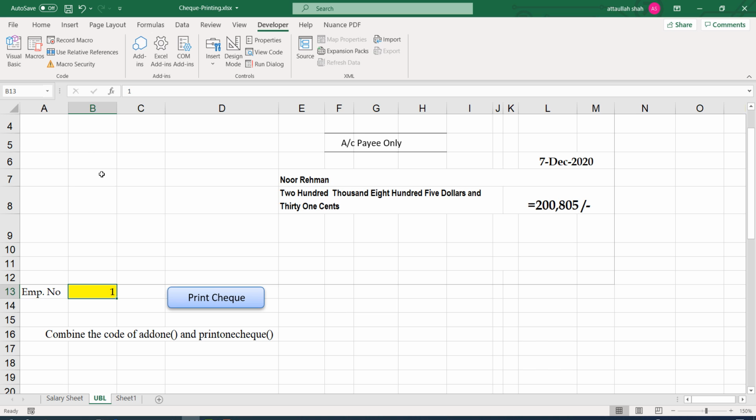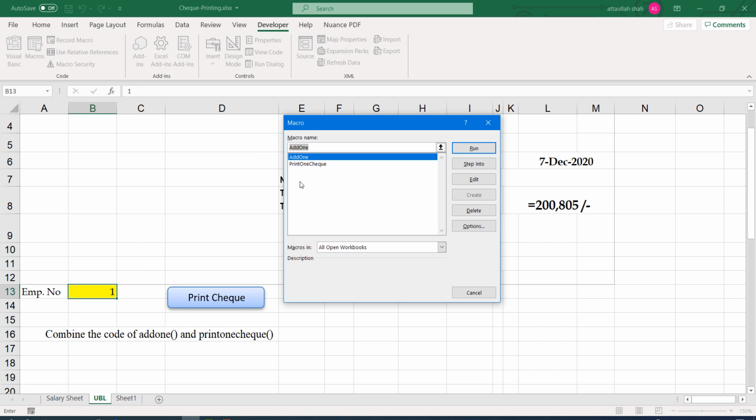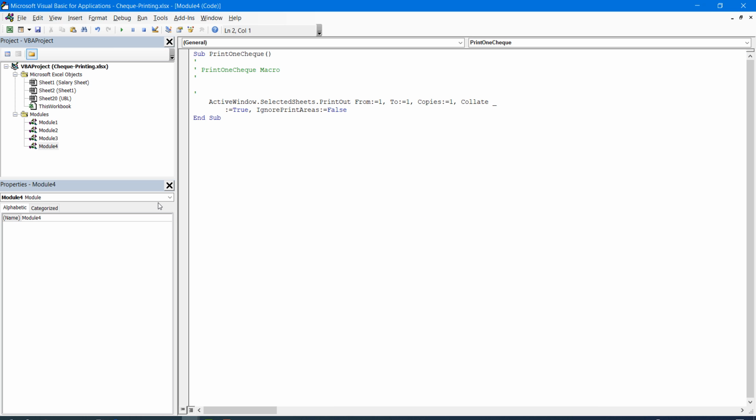So how can we do that? Let's go to macros, and we had already add one macro. The new macro that we recorded was print 1 check. So let's edit, and you can see this code has been added to module 4. Don't worry about that. The actual code that prints the specific area